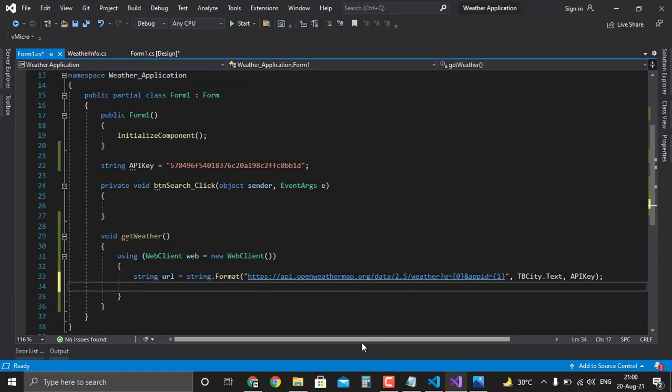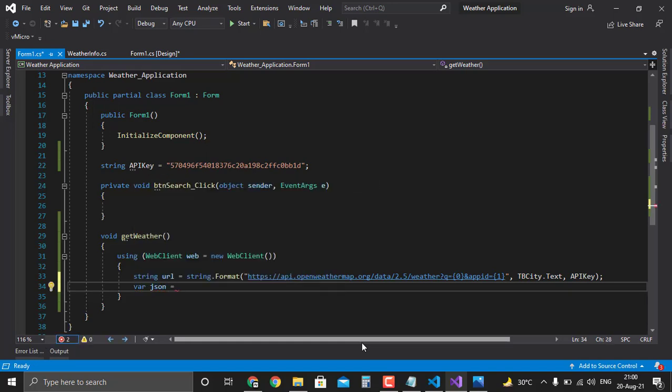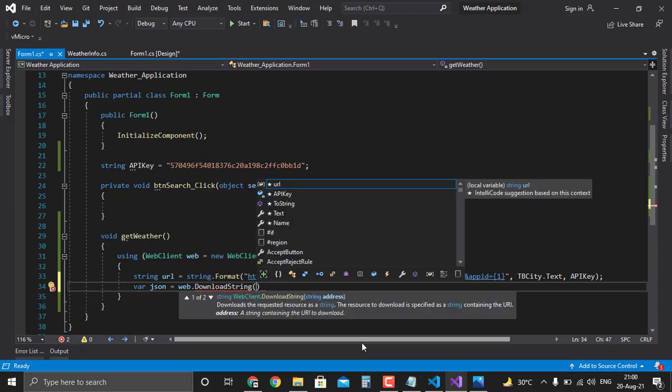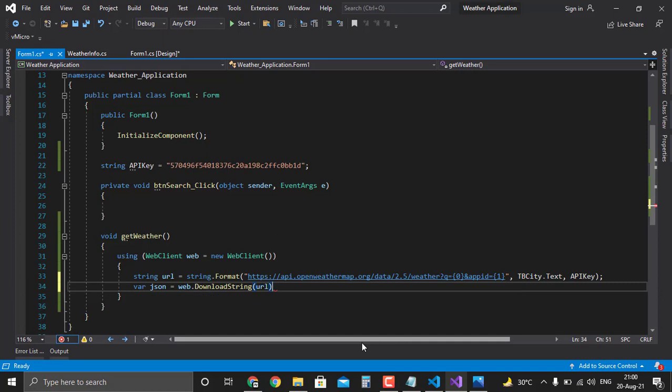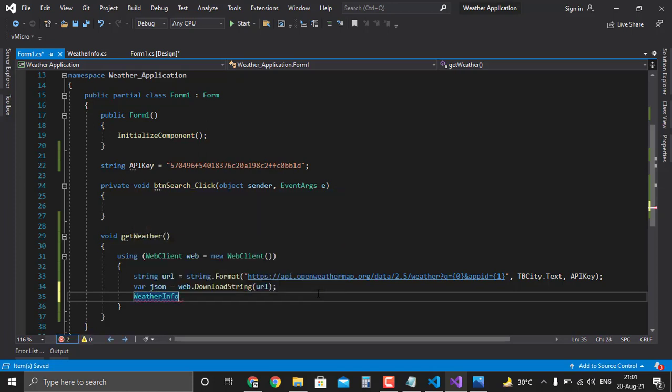Now we download weather into JSON object. So JSON equals web download string from this URL. So once all the data is in the JSON, we're going to deserialize this into our class. So our class is weather info root into info variable